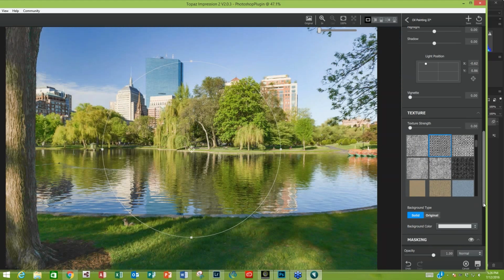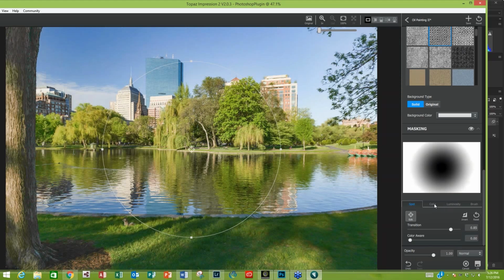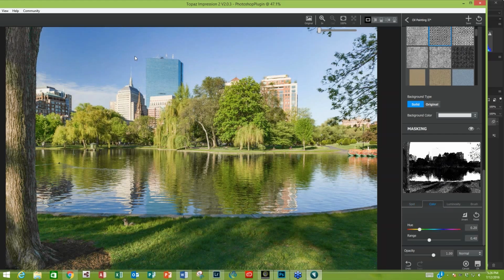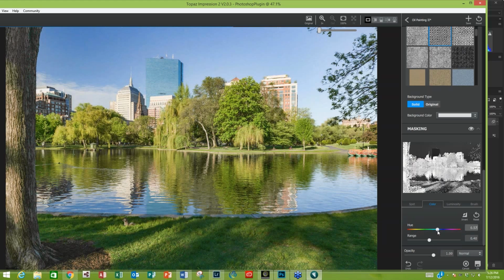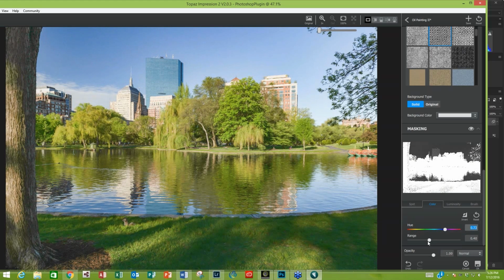And we're going to mask this time with color, a color range. Now the blue, I didn't want the painting look in the sky or on some of these buildings, and certainly not in the blue of the water. So we're going to set the hue into the blue range, and we'll set the range